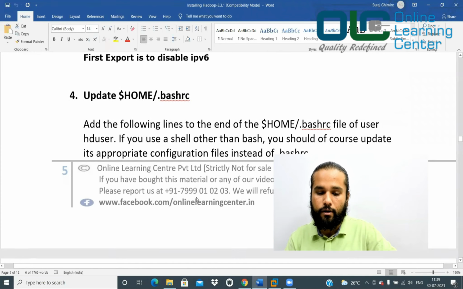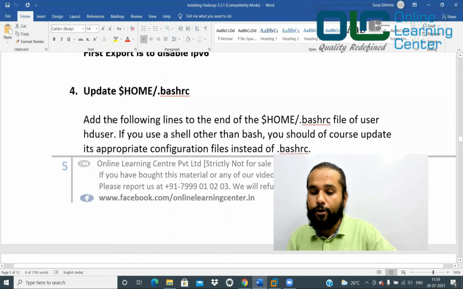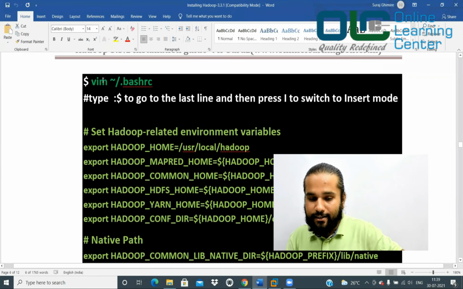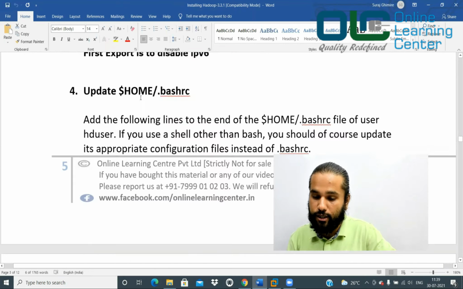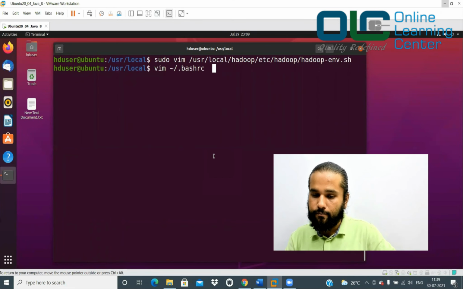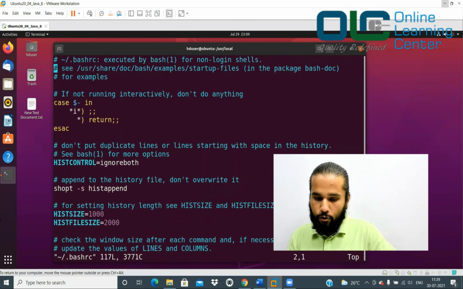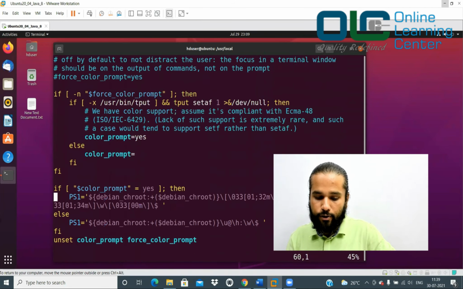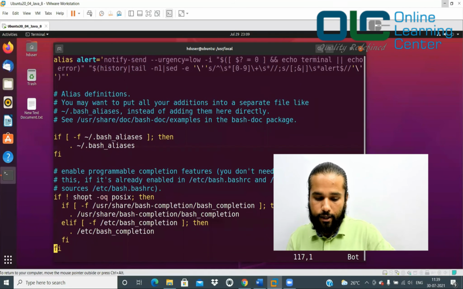Let's move on. Now you will also have to update your bashrc file, and the bashrc file is present in every user. Okay. And it is a hidden file. That's why the name is .bashrc. It's basically a hidden file. So let us edit that hidden file. I can say vim .bashrc, say paste. Right now, I'll go down at the bottom, absolutely at the bottom. Keep pressing the down arrow and just go this side, right? And then say i for insert mode and just go this side and then hit enter.